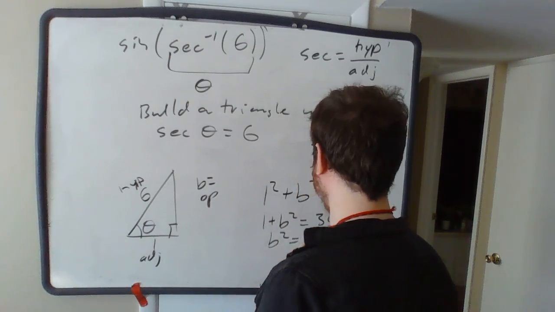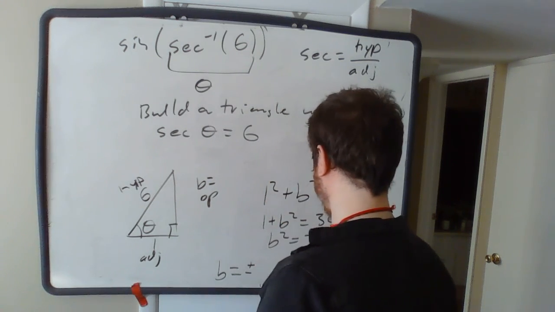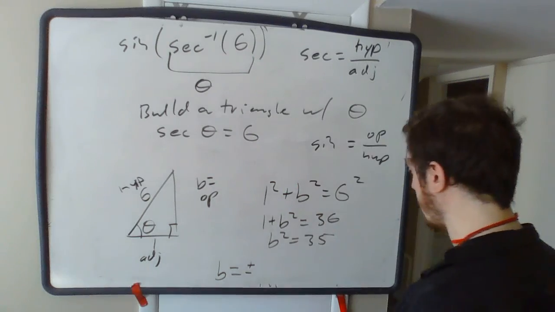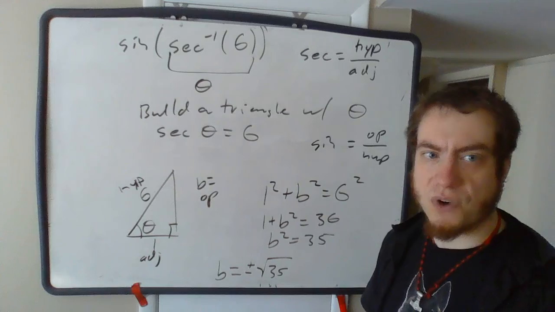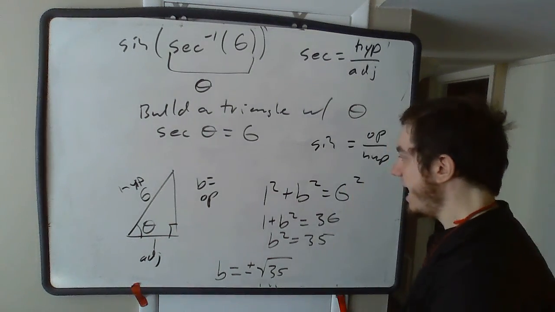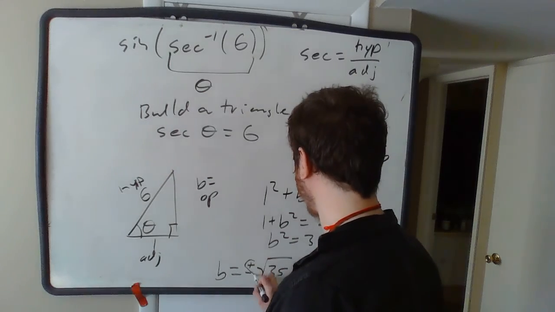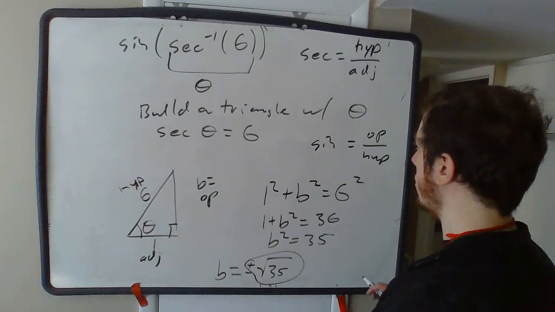So b squared equals 35, and that means that b is equal to plus or minus the square root of 35. There's nothing we can do with the square root of 35 because it's just 5 times 7. It doesn't have any square divisors. And we want to take the positive option here, of course. So what we can say is that the sine here,